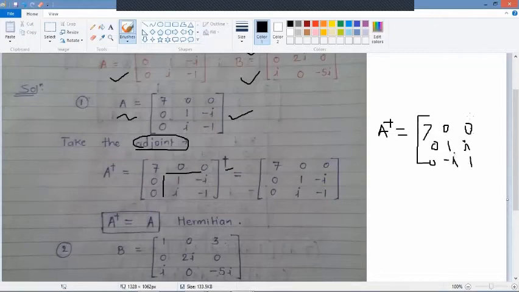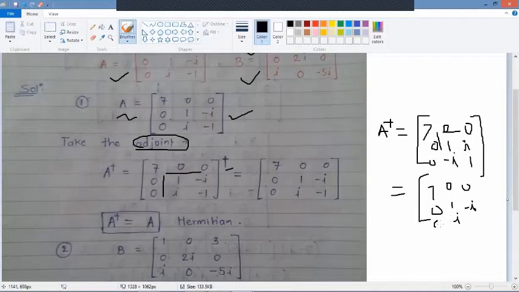And I also have to take the transpose of this matrix. So what is the transpose of this? It is the same 0 0 0, and here 1 stays as it is, but here it becomes I. Also here it becomes I. So this is 0 and this is 1. I'm just interchanging these, it is here and it is here.